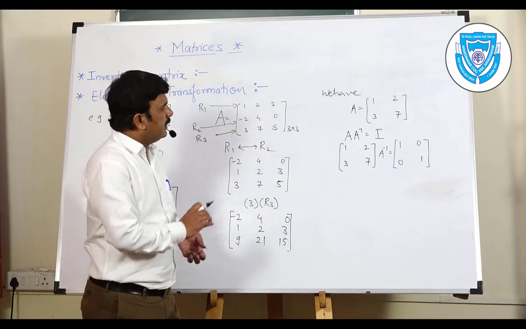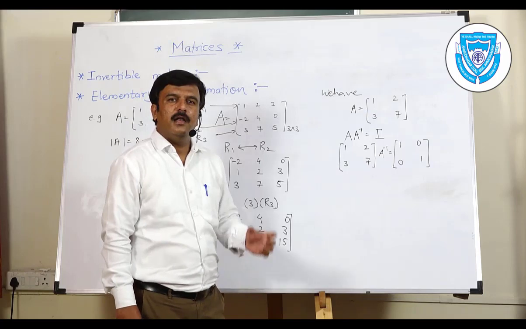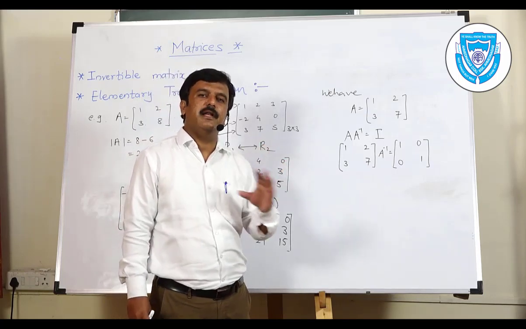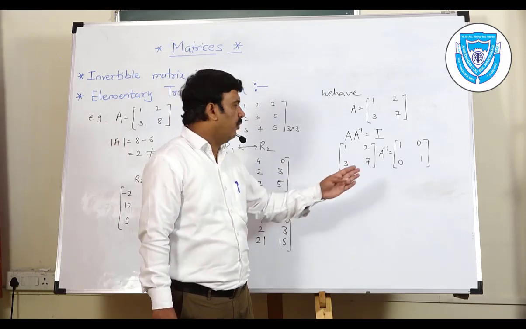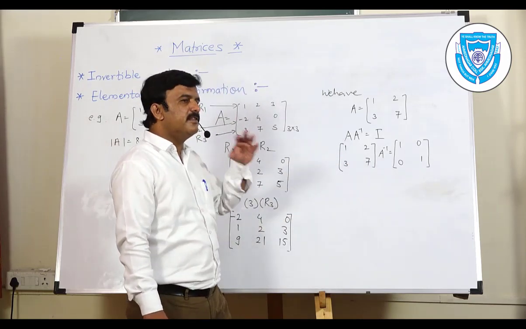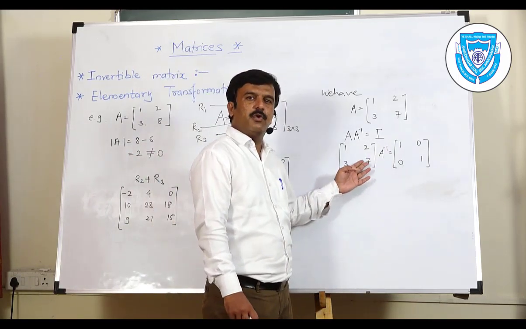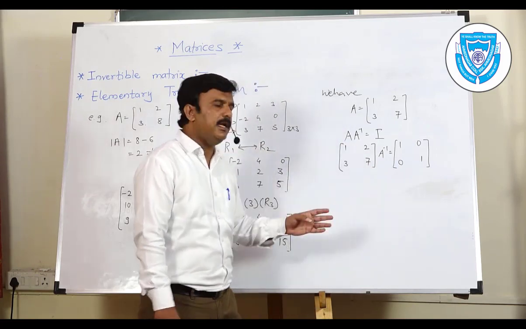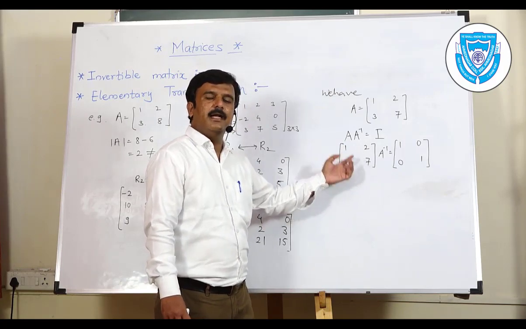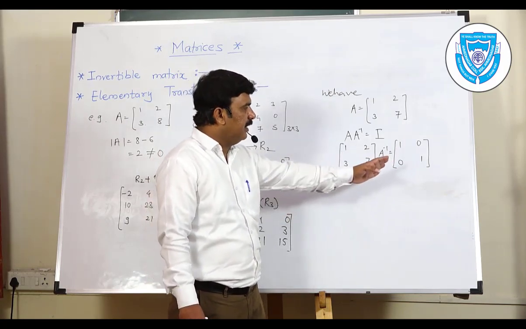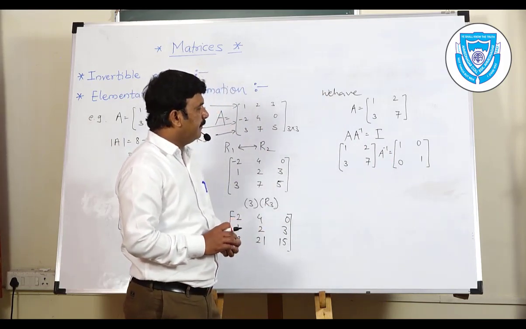Okay. Now, let us start performing the operations on the matrix A, unless and until we get a unit matrix at the left hand side. And whatever operations we are going to perform on the left hand side, simultaneously the same operations will have to be performed on the right hand side. We'll keep on performing the row operations unless and until we get the unit matrix. That means 1, 0, 0, 1 we want over here. And the same operation we will perform at the right hand side. Let's see what happens after performing the row operations on this matrix A.